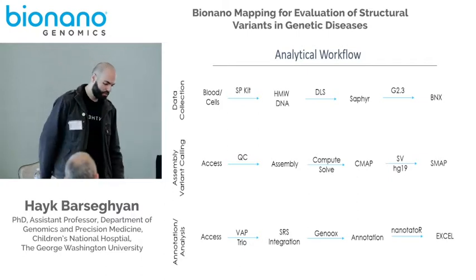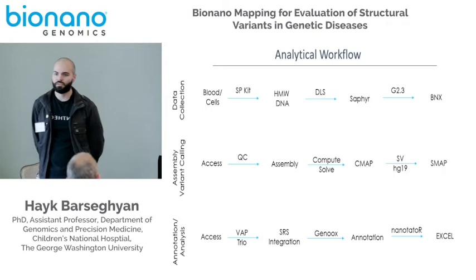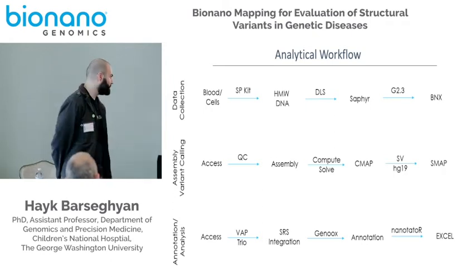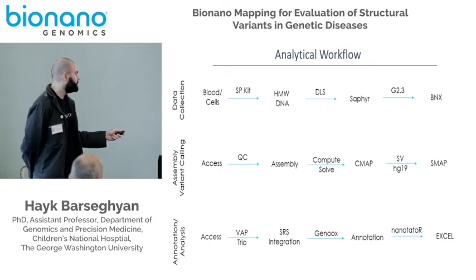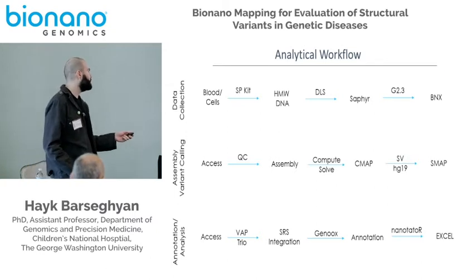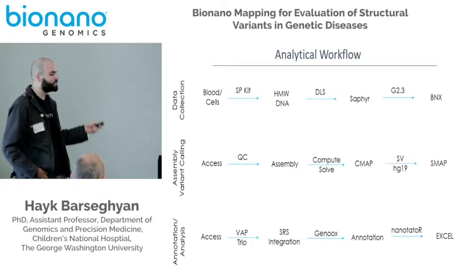So here I just want to show, a lot of people generally ask how is structural variant analysis different from short read sequencing analysis for small variants. And in reality, it's exactly the same thing. So we start with DNA. We use a different kit, not a column-based kit, to extract high molecular weight DNA. We label DNA, push it through the Sapphire instrument, and then we get a BNX file, which is kind of